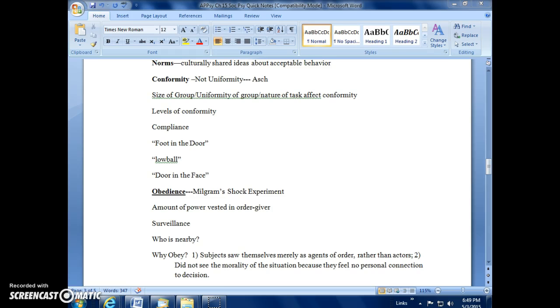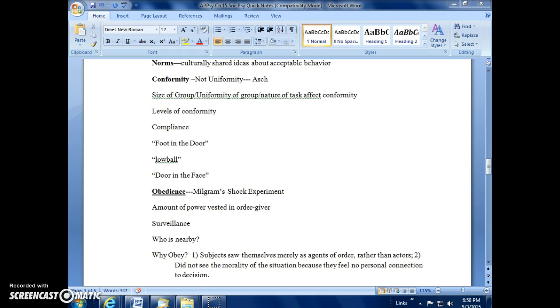All right, moving on, let's take a look at compliance. This is a change in behavior related to a specific request, and we want to mention specifically something called the foot in the door effect. And that's the idea that once a small request has been granted, people are more likely to comply with a larger request. We saw this in persuasion, and the idea of that was put forward by the researcher who was